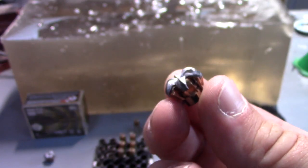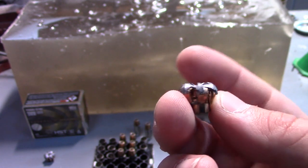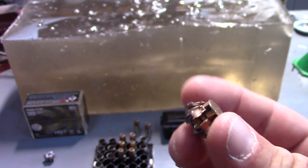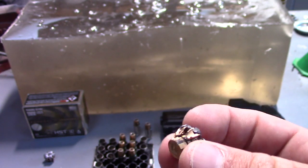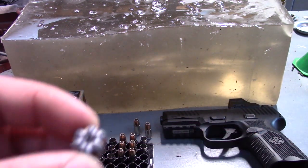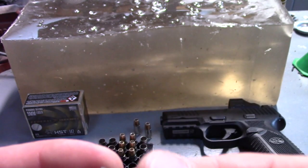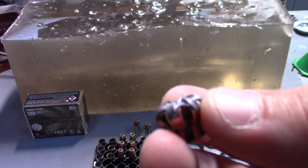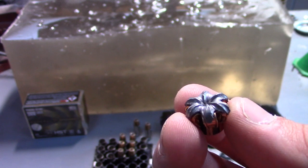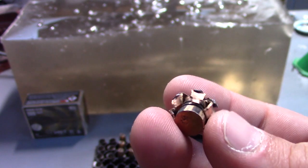Alright, so we can see nice petaling all the way around. No jacket separation at all. Very uniform. And just outstanding stuff right there. So, since I had to fire a couple rounds here, I actually ended up recovering 2 of them. Here's the second one. So, very nice bullet shape, like I said. Extremely uniform, no problems at all with the material. The denim and the fleece didn't clog it one bit, and didn't stop this bullet from performing exactly the way